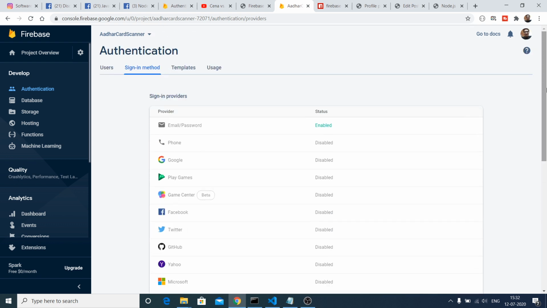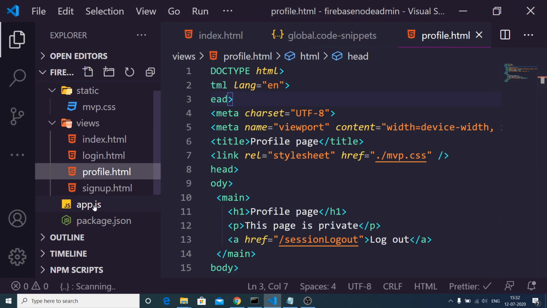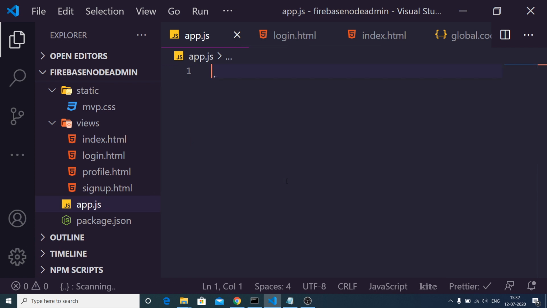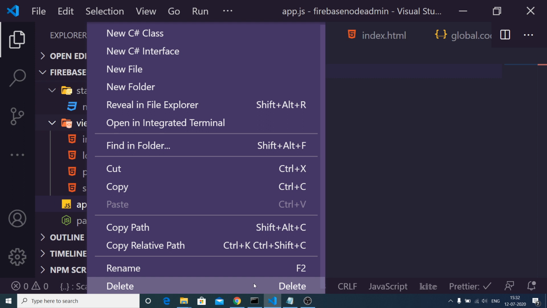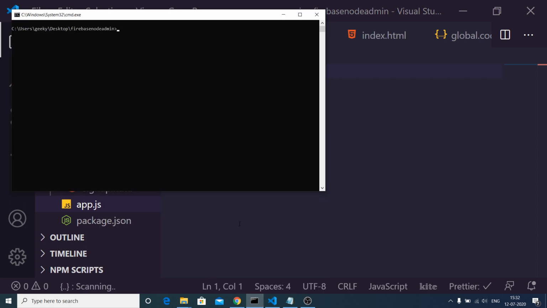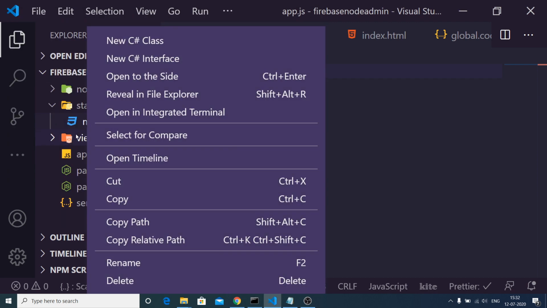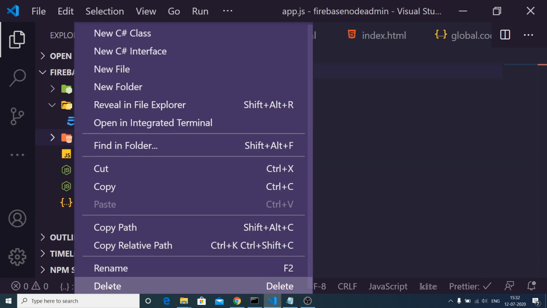And now after this, let me just show you my text editor where I am writing this code here. So let me just delete all the code and write from scratch this application. Let me delete this views folder as well. So first of all, let me just stop the server. So these are the views which are there inside the views folder. You can see that. If I delete this,